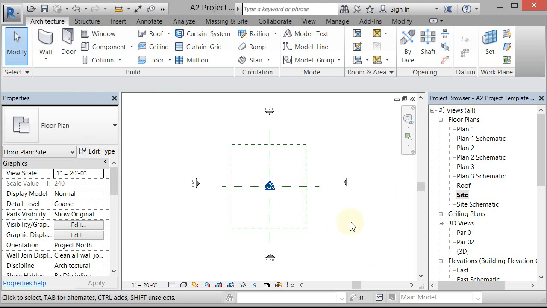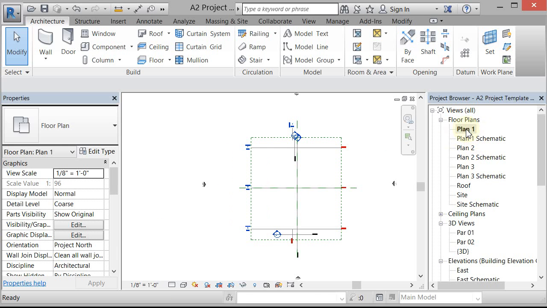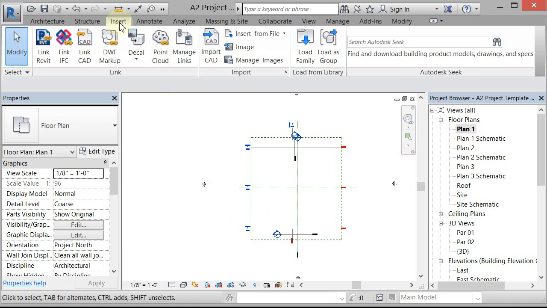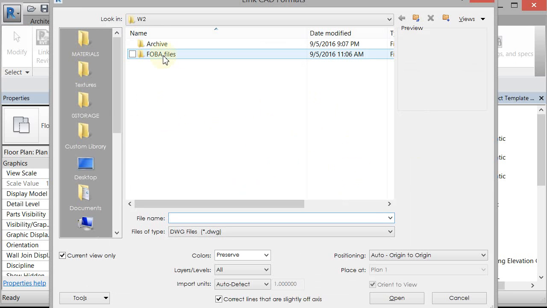as backgrounds. So what I'd like to do now is go to Plan 1, which is my working plan. So the plan schematic is going to be the one we print. So let's go to Plan 1. And it has a bunch of stuff in here, and so this is my messy view. So I've got a lot of sections running around and all that kind of stuff. So let's go ahead and insert and link the CAD, and just navigate